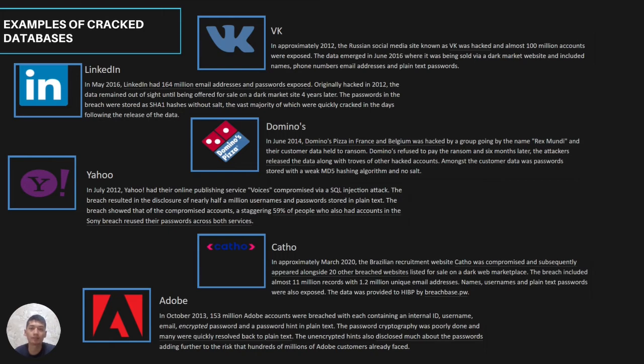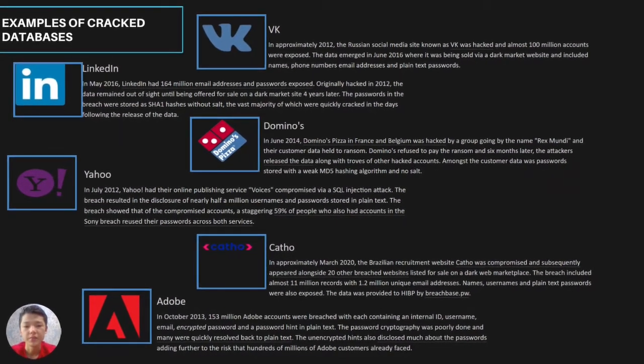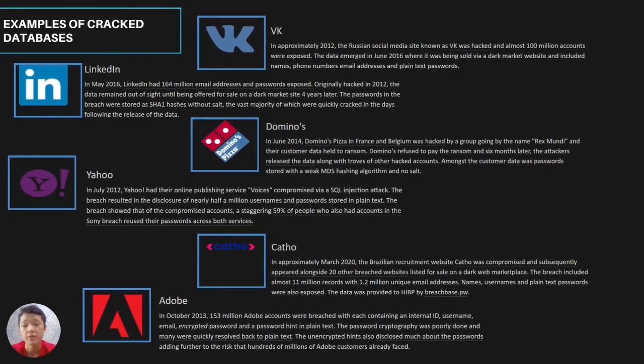text passwords. And LinkedIn, that lost 164 million emails and passwords that were kept behind a weak SHA-1 hashing algorithm, so most of the passwords were easily cracked. Or Domino's Pizza website lost their users' passwords because they used MD5, which is not stable to brute force attacks. There is also Yahoo, who received an injection attack from hackers that resulted in the breach of 500,000 users' plain text